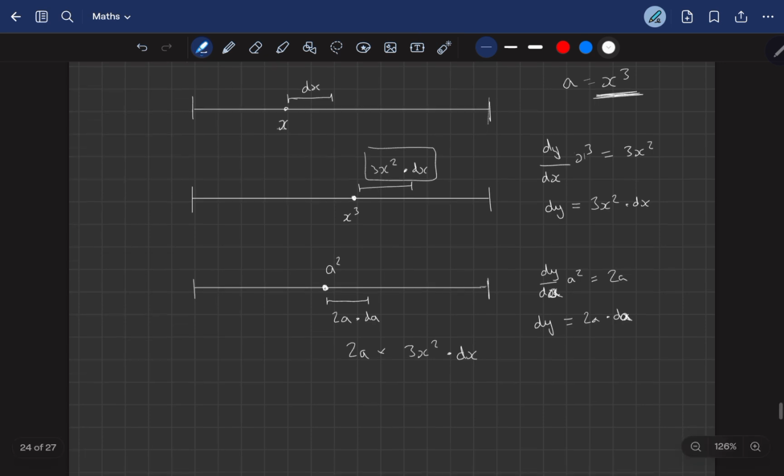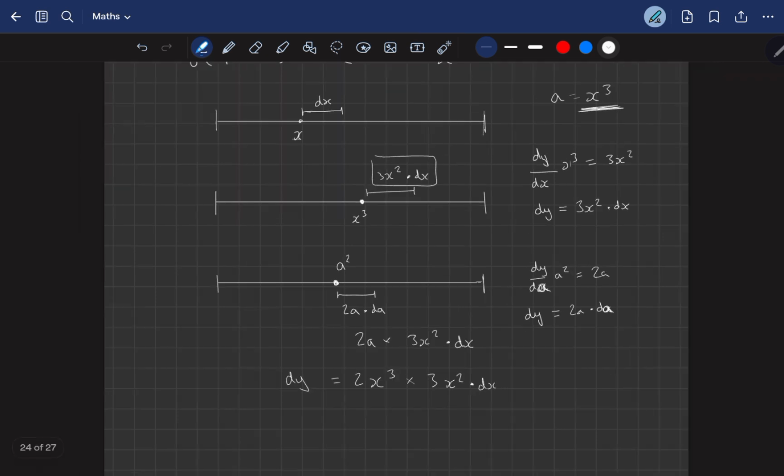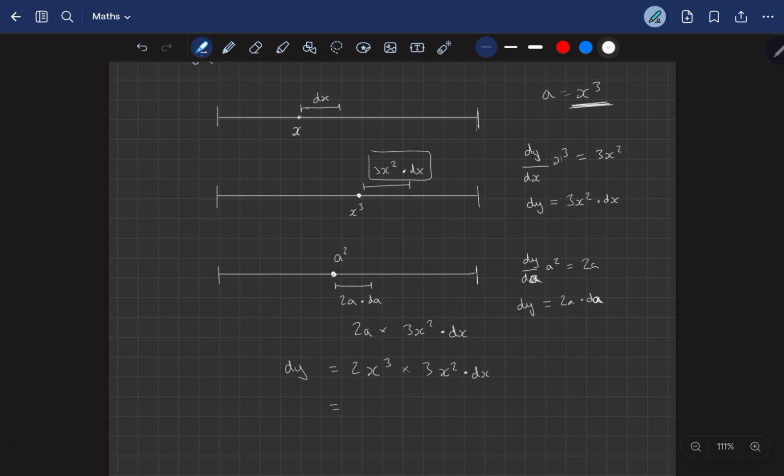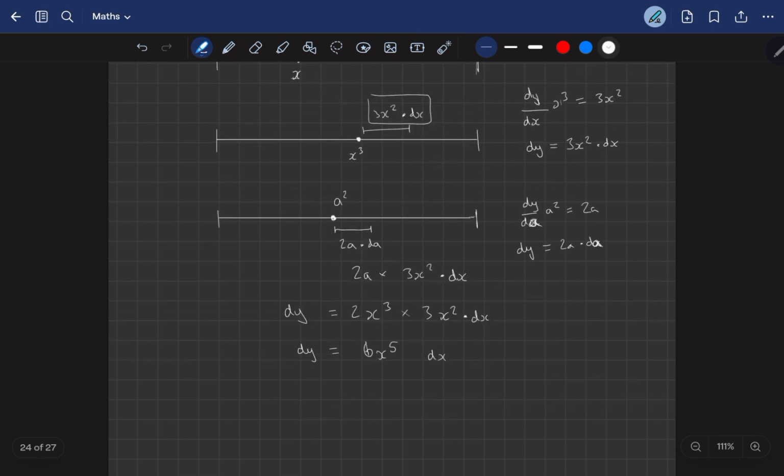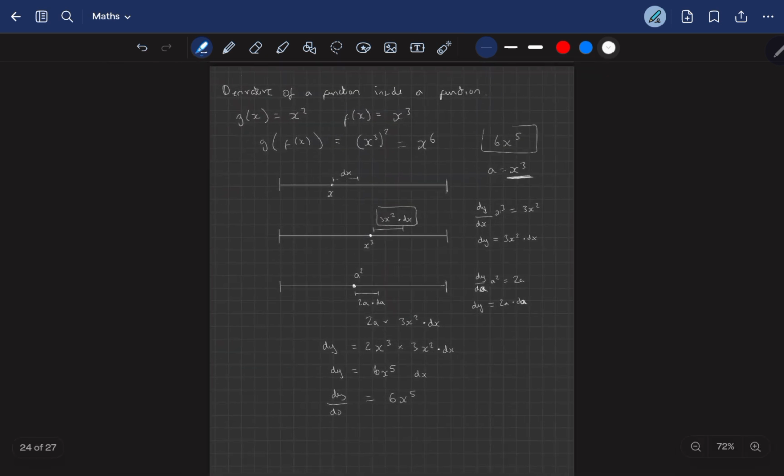Now, we can substitute x cubed into this value of a. So you get 2x cubed times 3x squared dx is the change in y of this function. And if we multiply everything together, we get 6x to the 5 dx is dy. So dy by dx is 6x to the 5. And that matches what we got originally here. So for a quick recap,